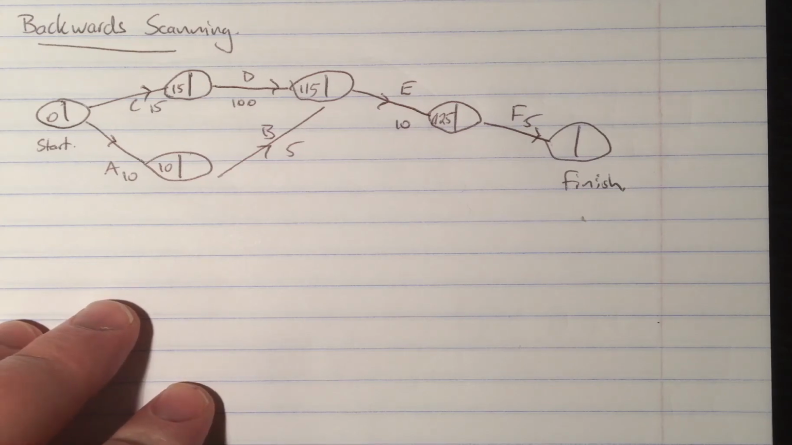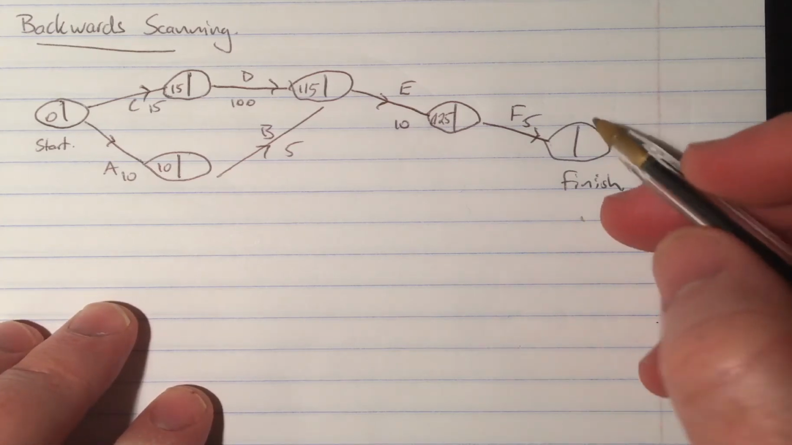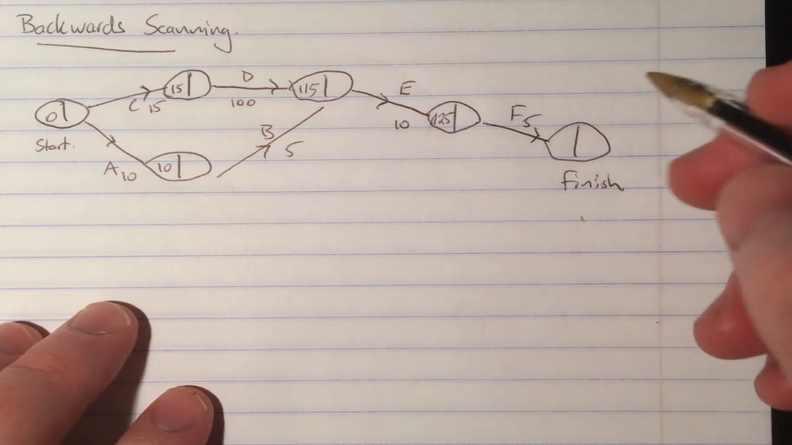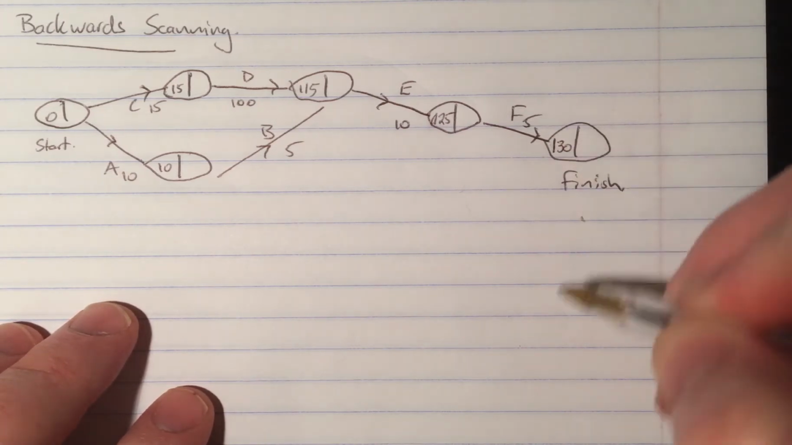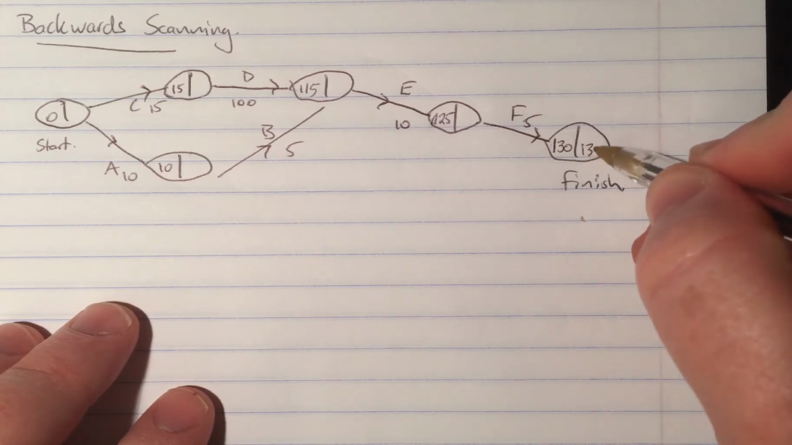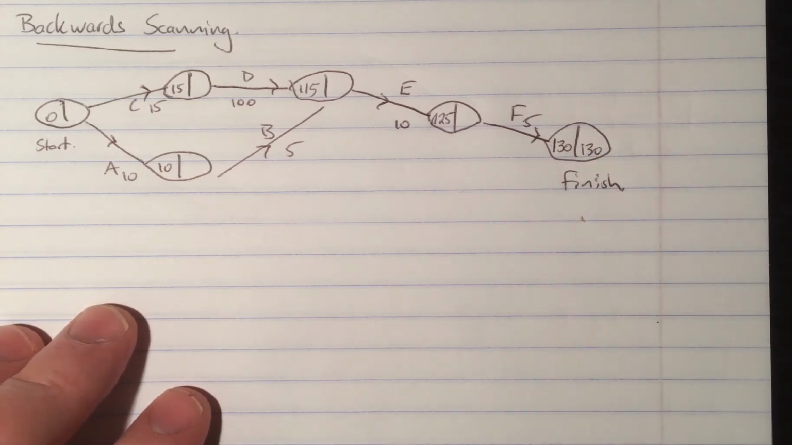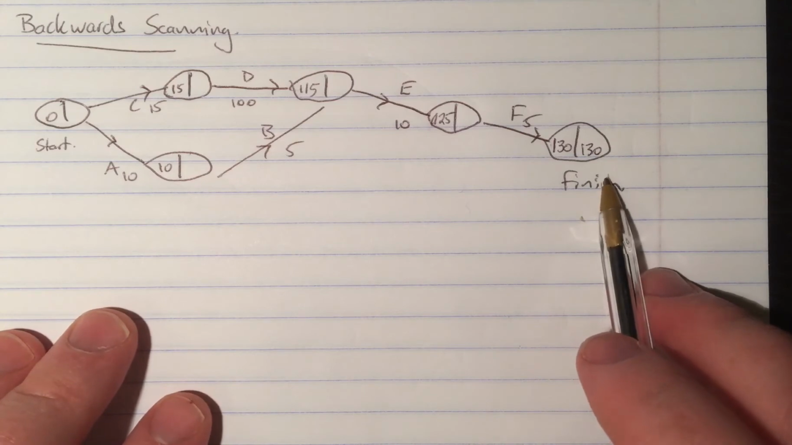...would be 125 time units, and then finally activity F won't be completed until 130 time units. So the duration of the project is 130 time units. We're now going to do the